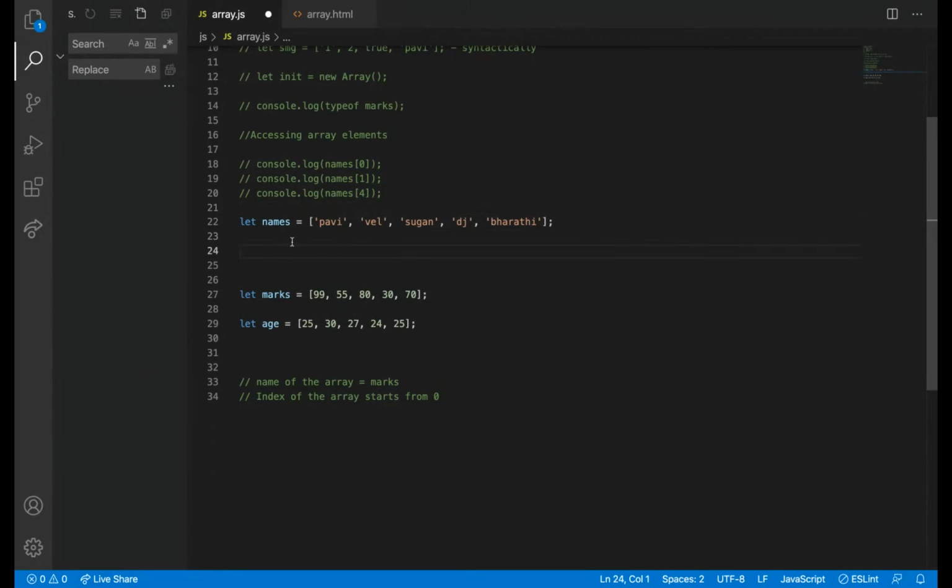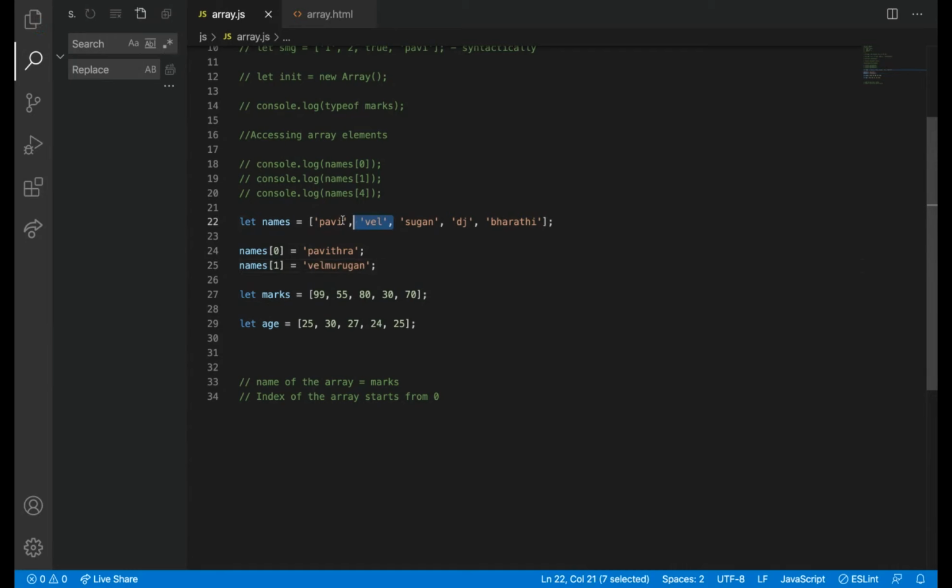So now what we are going to see is we are going to interchange the names. What it means, I'm going to replace Pavi's value with Pavitra. So I'm replacing this value with this new value. Let's say names of 1 equal to, I'm going to replace Vel's name as Vel Murugan.